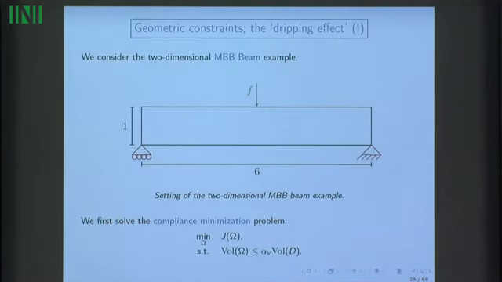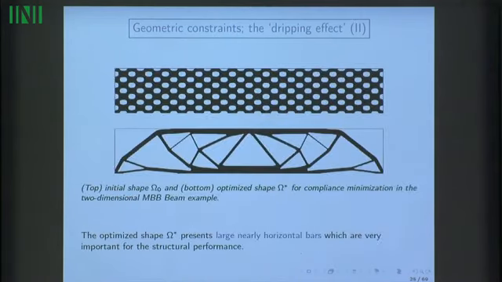So we consider an example. Here we consider the optimization of an MBB beam, which is clamped here, and we apply a traction load on the upper part, which is over there, and we minimize the compliance under some volume constraint. So we start from this shape here, and here is the optimized shape that we obtain. Typically the optimized shape has very large overhang features on the upper part here, which are very